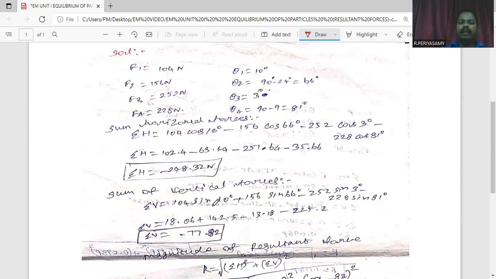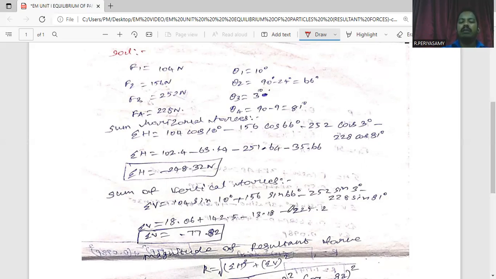Finally, we find all the values for these steps by using a calculator. Sin 10 into 104, its value is 18.06. Next, sin 66 into 156, its value is 142.5. Here we keep the minus sign. Next, sin 3 degrees into 252, its value is 13.18. Sin 81 into 228, its value